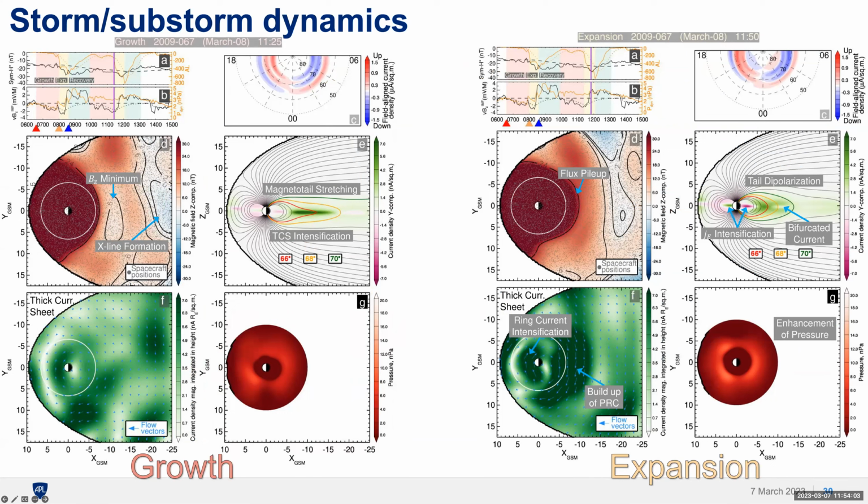So this is the same substorm I was showing before, showing the same substorm features as before: the magnetotail stretching, the thin current sheet intensification, and then rapid dipolarization during the expansion phase. But importantly, we now are also resolving the inner magnetosphere using this merged resolution model, and the pressure peak. So we now have a combined storm, substorm model that we can use.